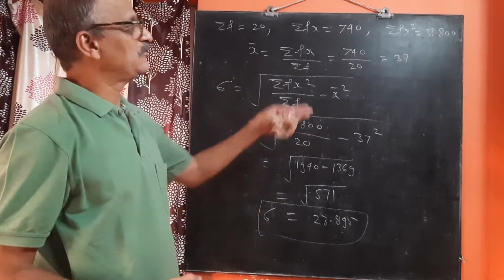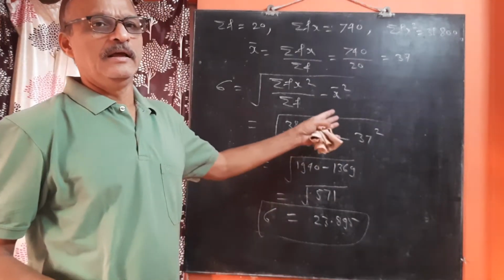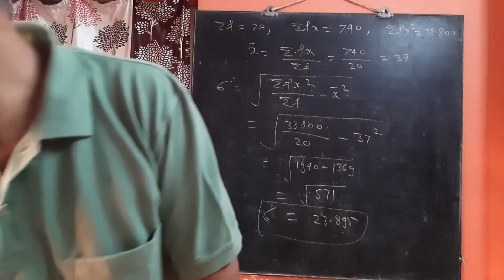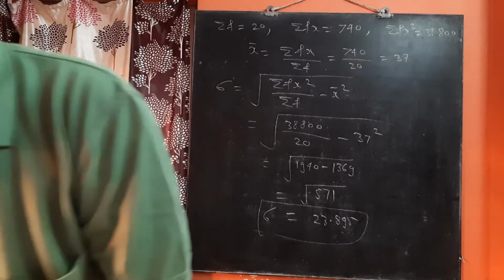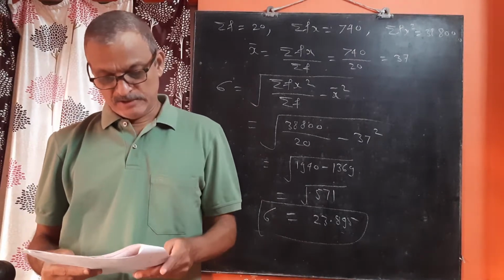The process is similar to the ungrouped type of data. The process is similar to the previous problems. So in this way you can find the standard deviation for a grouped type of data having class intervals. Now the next sum is